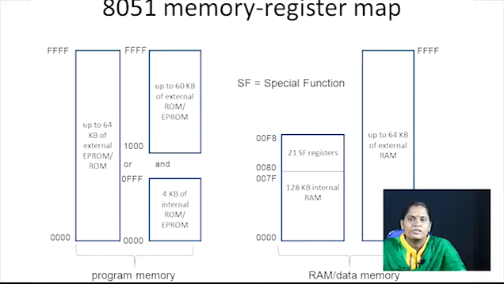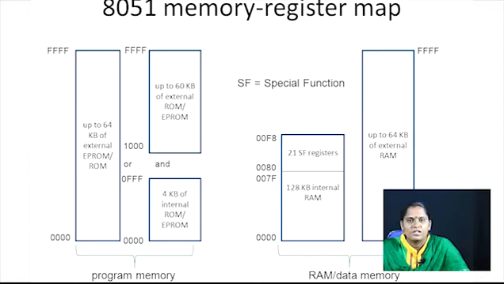Next, range of address. In your mind, it may come, what is the address space for the special function register? Of course, it is very important for applying the special function register under certain conditions. The range of address of special function registers is 80H to FFH. What is F? F is nothing but the hexadecimal equivalent of 15. It is the maximum number in the 8051 microcontroller for a 2-digit operation. It is an 8-bit operation, 80H to FFH.